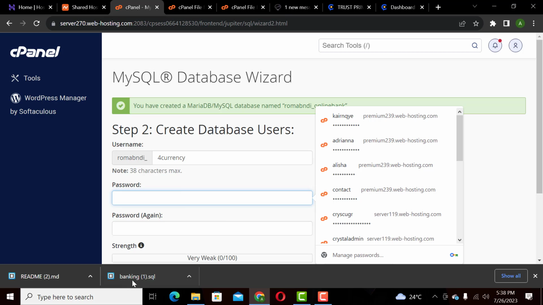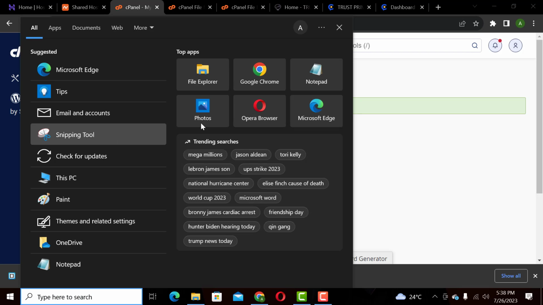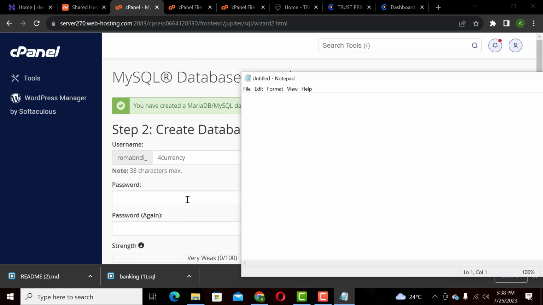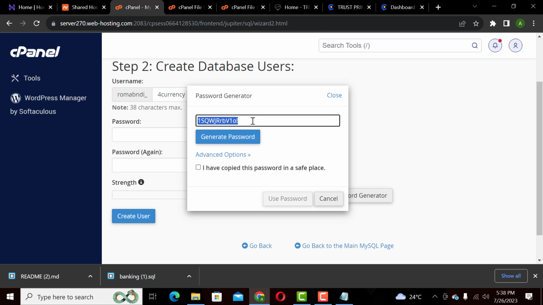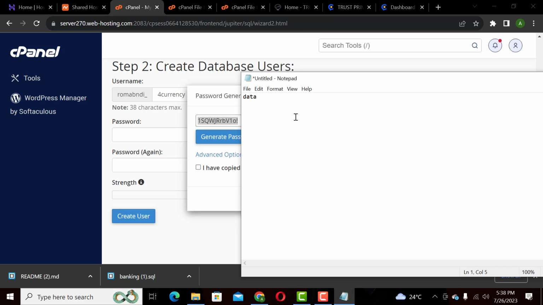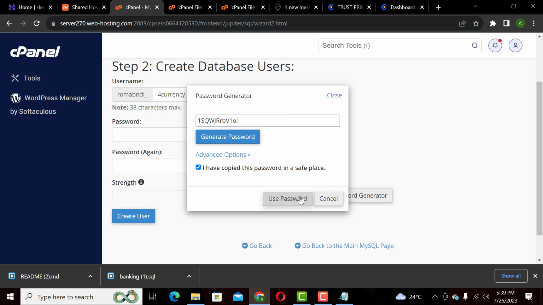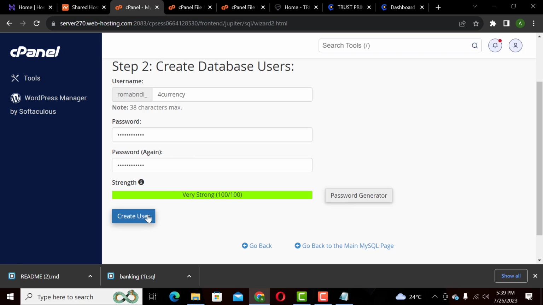So most times I advise you save all these things while creating it, not to forget the information. So I normally save files this way. What you need to do is come to the password generator and copy this password. Come here, then database. So copy these to this place. So I have copied, use password, then you go ahead and click on the create user,